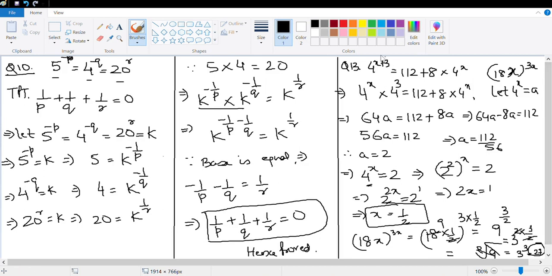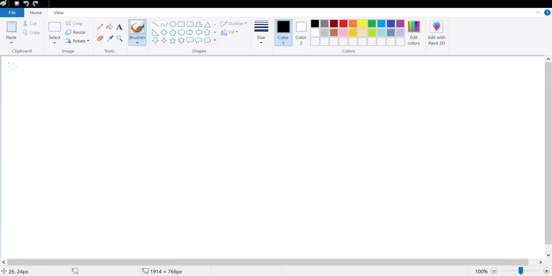Perfect. Let's move on. We are on the last question, question 14. It has certain parts, so let's try and solve question 14, part 1. So I'm on question 14, part 1. Question 14, part 1 is 4 to the power x minus 1 multiplied with 0.5 to the power 3 minus 2x is equal to 1 upon 8 to the power negative x. I need to solve for x.